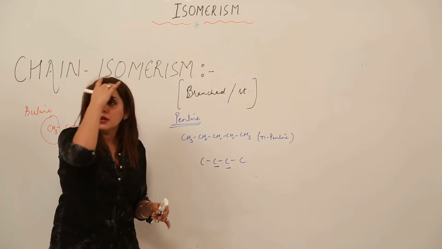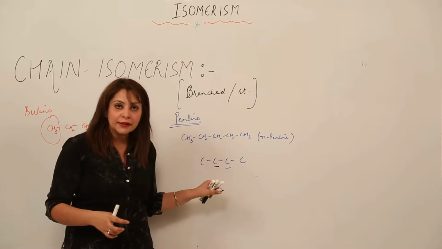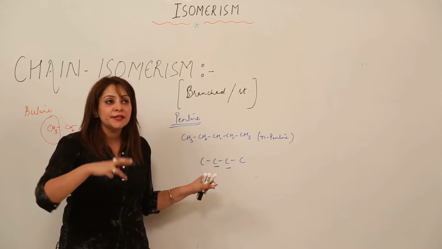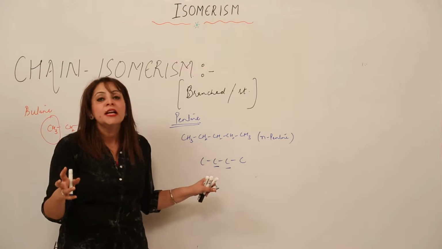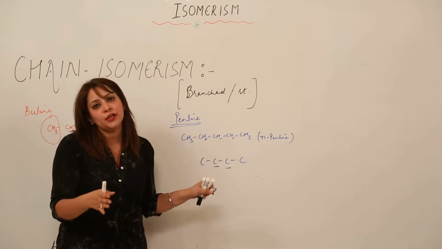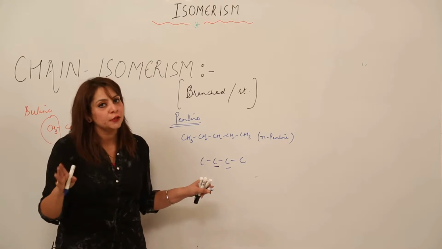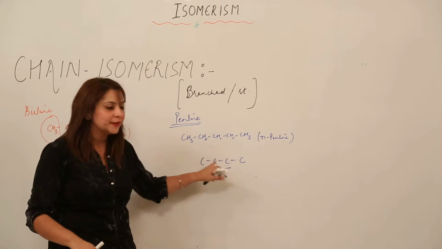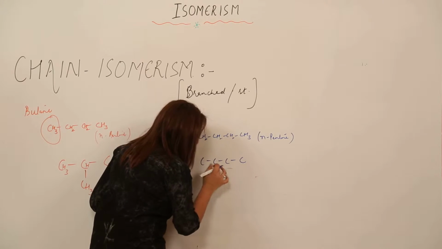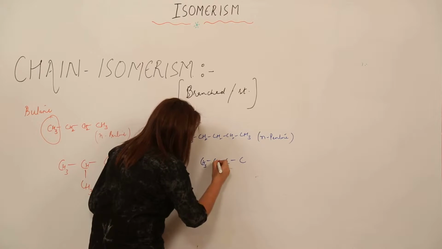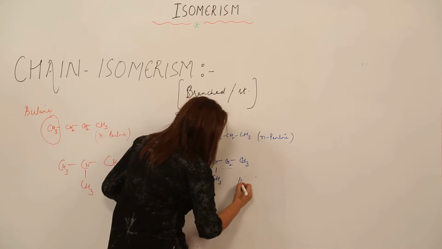There is no hard or specific rule that you need to attach to this carbon or to that carbon. If it is specified that you need to make an IUPAC name with the methyl group attached at the 2 position or 3 position, then you have to consider that. Otherwise, while making the isomers, you can attach to either of the non-terminal carbons. So I am going to attach it to this carbon. So it becomes CH3. Again I am satisfying the valencies. So it becomes isopentane,